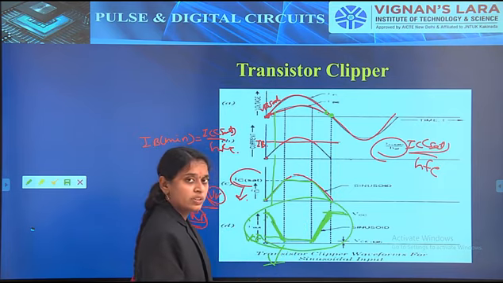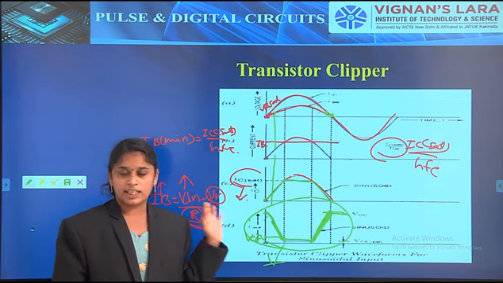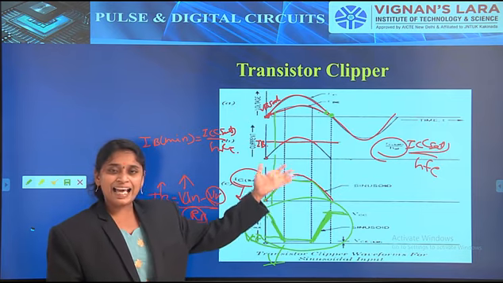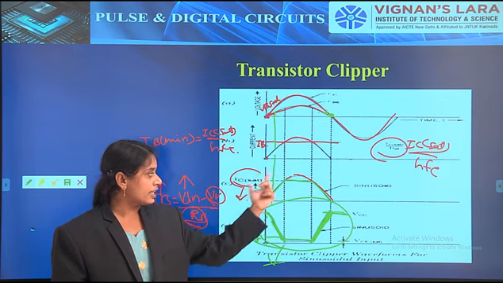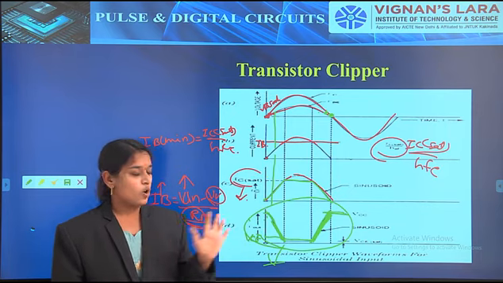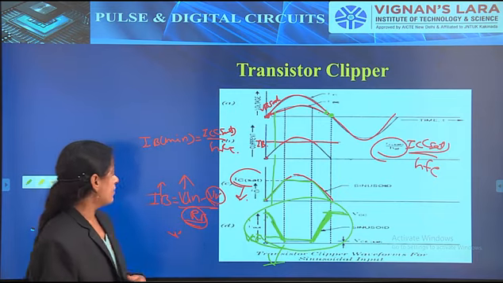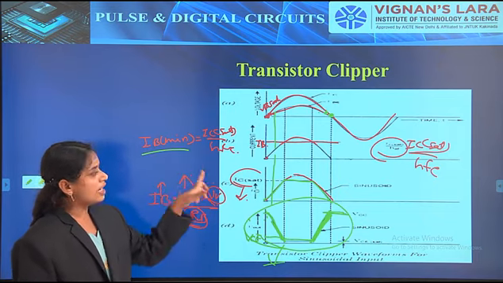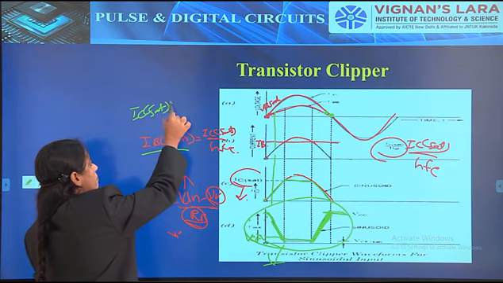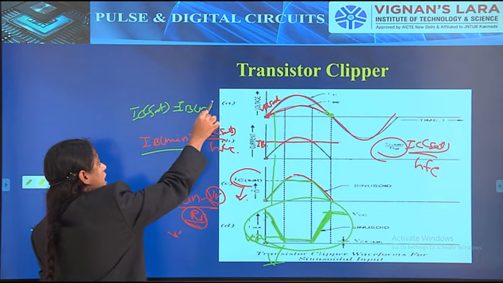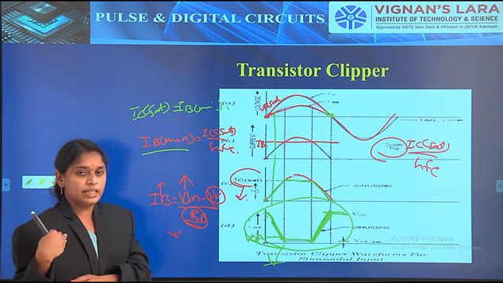This is the final output voltage across the transistor, and we majorly concentrate on the current only. Why? Because the clipping action will be performed at IC sat, that is, it occurs at the current end only. So we majorly concentrate on this current, IC sat. What's the equation for IC sat? Simply, IB minimum is equal to IC sat by HFE, so IC sat is equal to IB minimum times HFE.